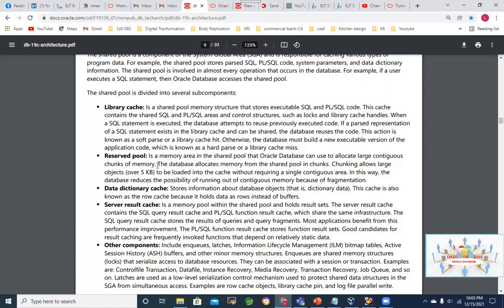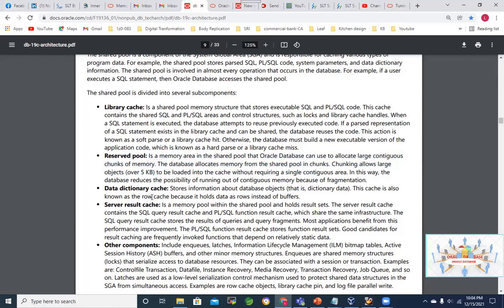When loading data into the shared pool, the database allocates memory in terms of chunks. When Oracle is unable to get chunks, that causes fragmentation, because it has to scatter the execution plans or compiled SQL statements across the scattered memory available within the shared pool. That's not a good thing; it will cause a performance issue. If the shared pool reserve size can accommodate those chunks, it will reduce that performance problem. Fine, I think we got the reserved pool.